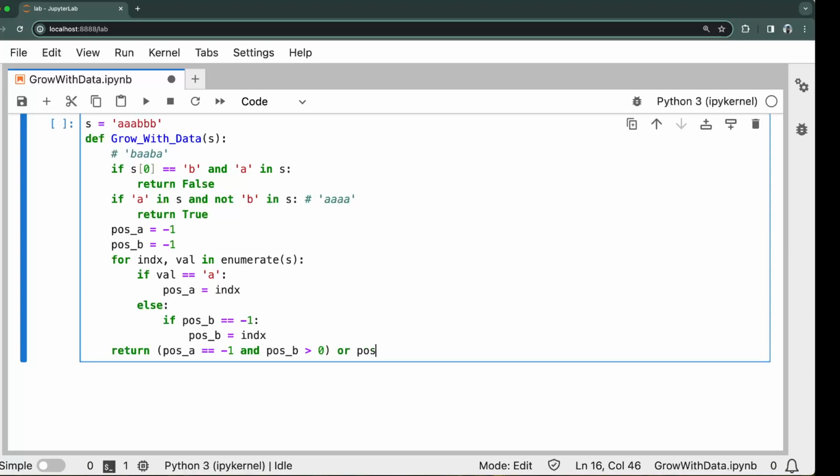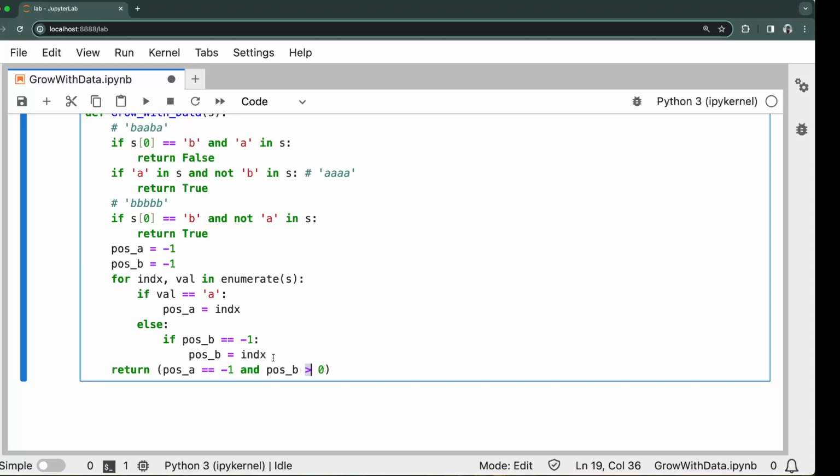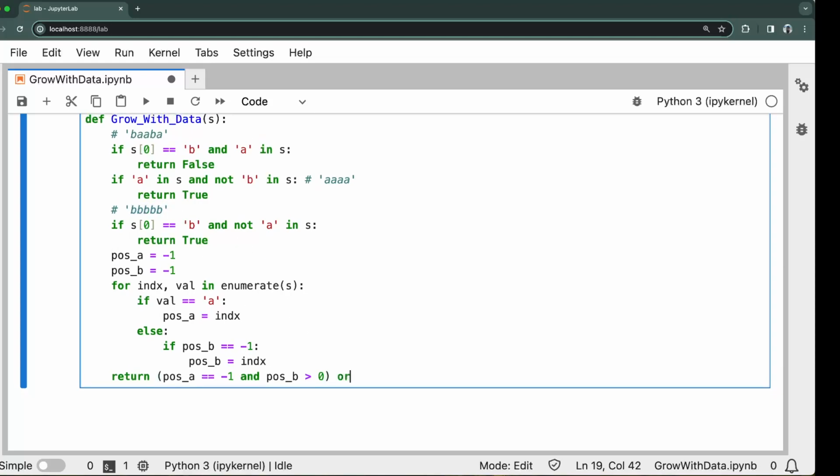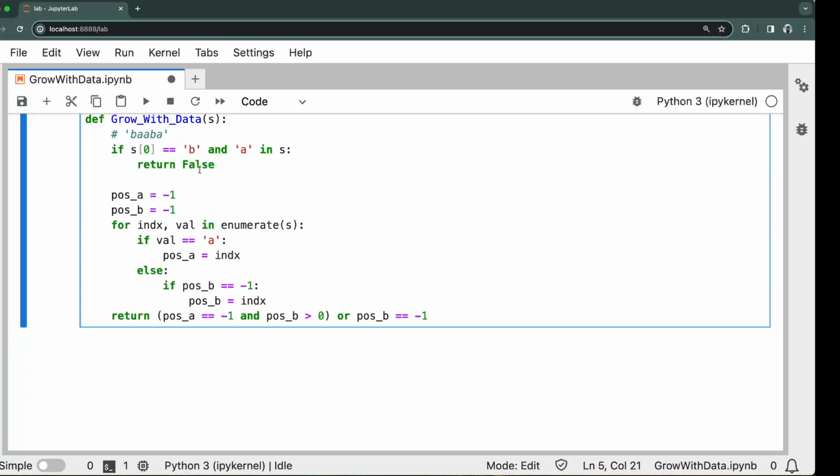Or position of B equal to -1. That means there is no A in the string, it's only B. So the first scenario, position of A equal to -1, position of B equal to 0, that means there is no A, it's only B. Or we just said position of B equal to -1, means there is no B, that means only A. So the first condition takes care of only B's, the second takes care of only A's, right? Or